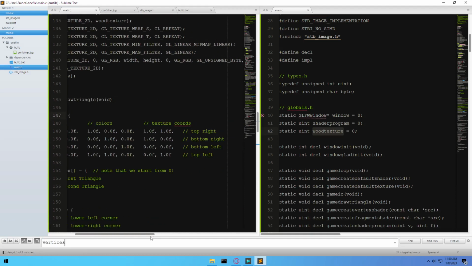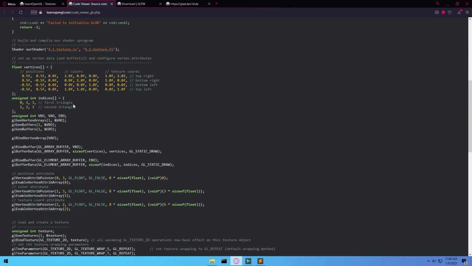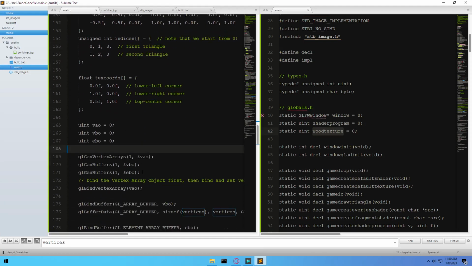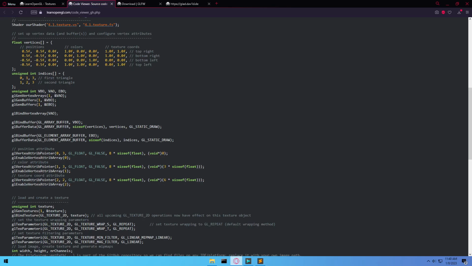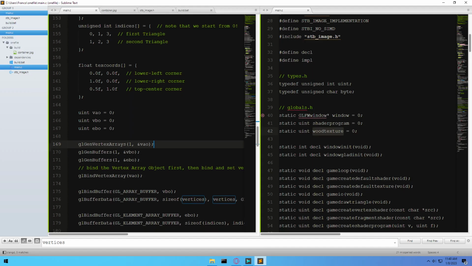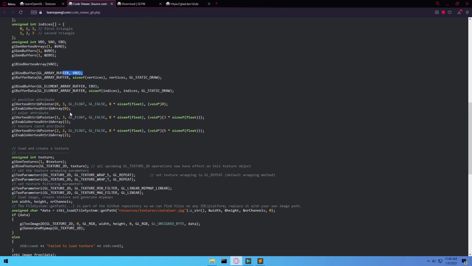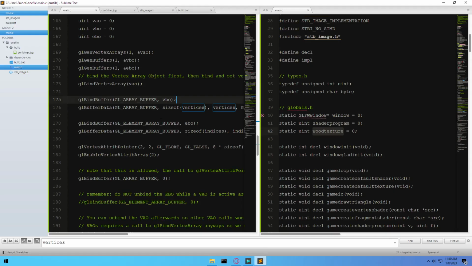They should be. What about the indices? 0, 1, 3, 1, 2, 3. Yes, this is fine. Generate vertex array, VAO. Generate buffer, VBO, EBO. That's fine. Bind VBO, bind buffer. This all seems to be fine. Vertices, indices,